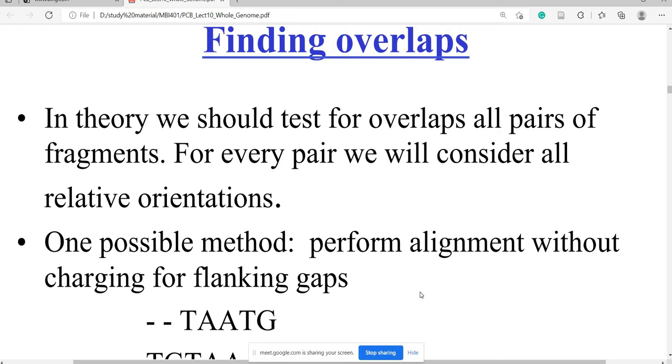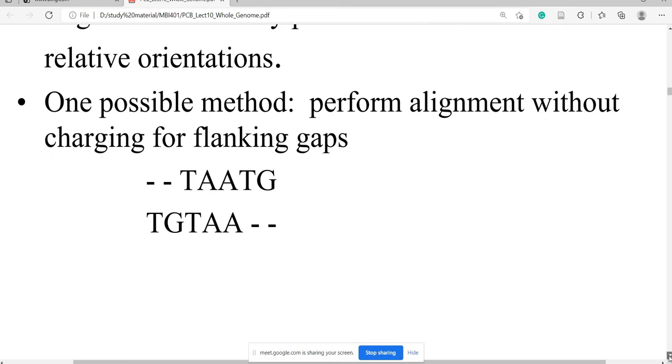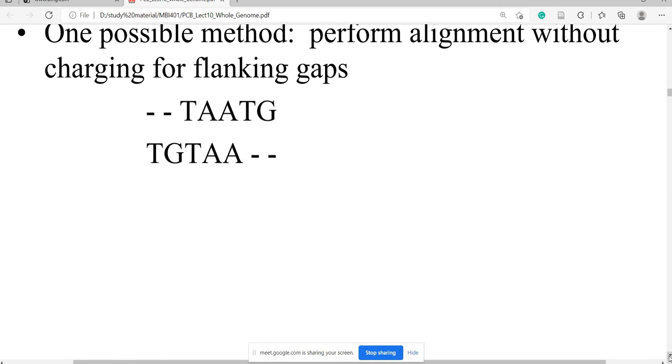Gaps are only allowed at the end, at the starting or at the end. So you can perform the alignment method without any gap. It is important that the sequence alignment is performed without any gap; gaps are only allowed at the end.